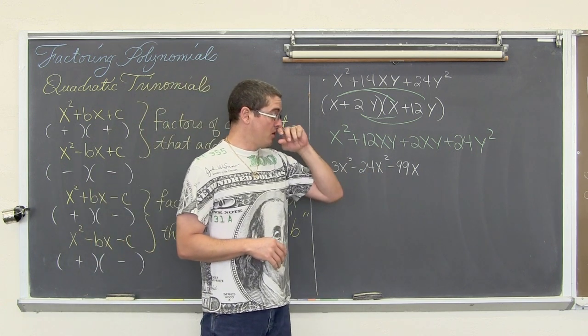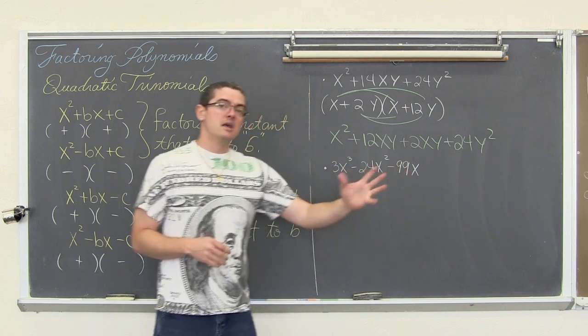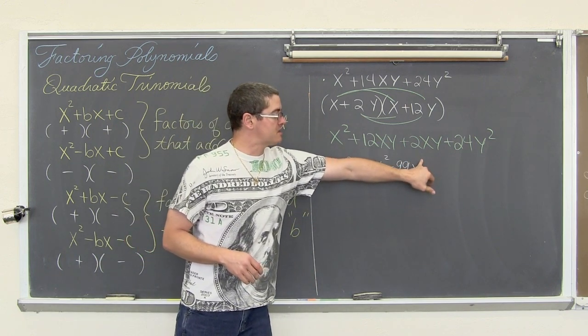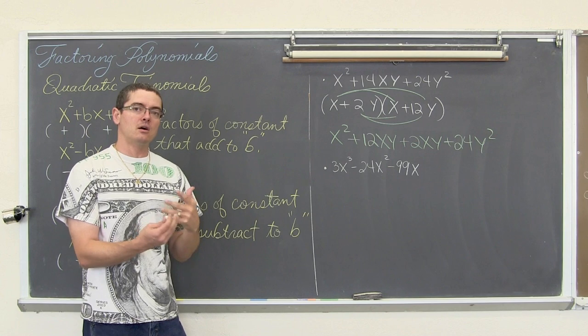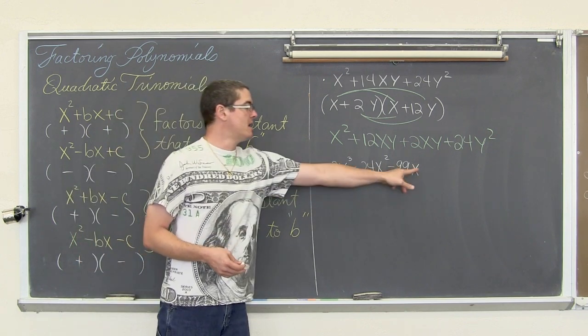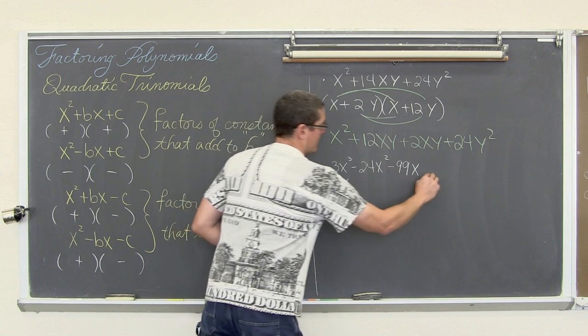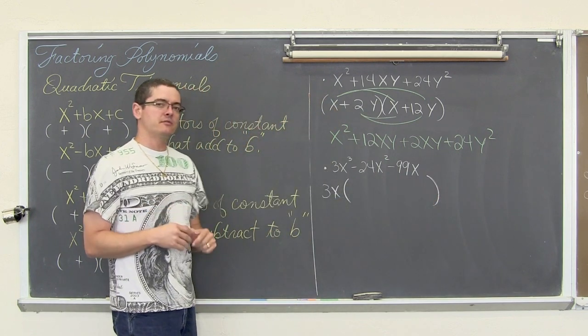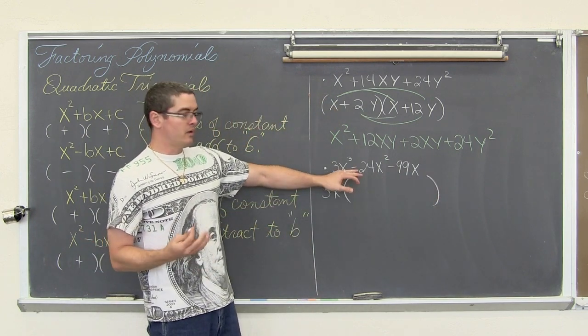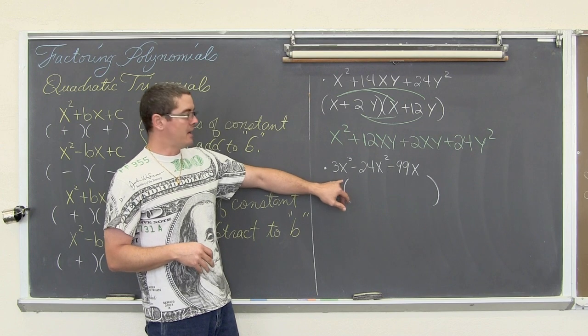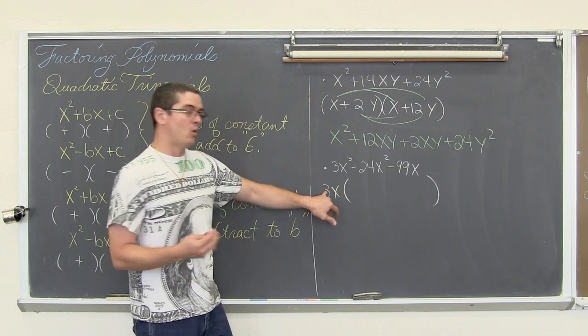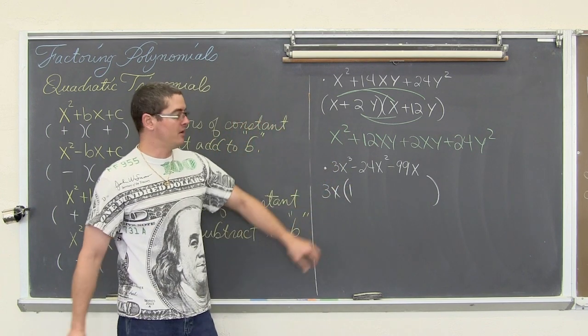It's that x cubed, but they all do have an x. And we can take out the lowest exponent, the lowest number of x's that are in one of the terms, and that is x to the first power. So we're going to take a 3x out of these 3 terms. I'm not going to show the division like I did when we did the video factoring a monomial, but 3 divided by 3 is 1. Don't really need to write that if you don't want to.